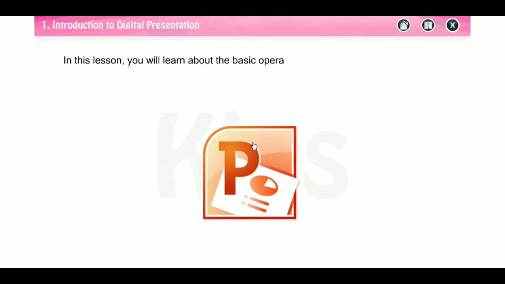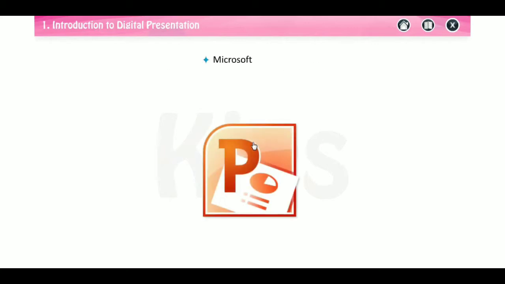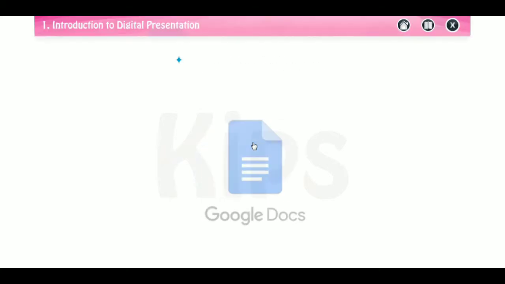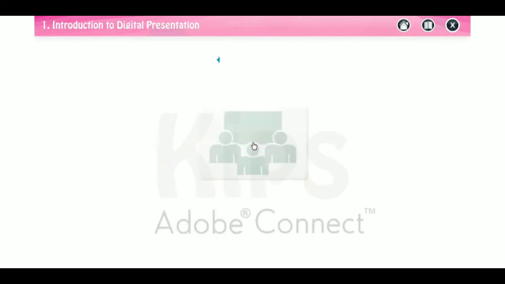In this lesson, you will learn about the basic operations of a presentation software, its components and connected aspects. The most popular presentation softwares are: first is Microsoft PowerPoint, next is Google Slides, actually that is part of Google Docs, and next is Adobe Connect and OpenOffice Impress.